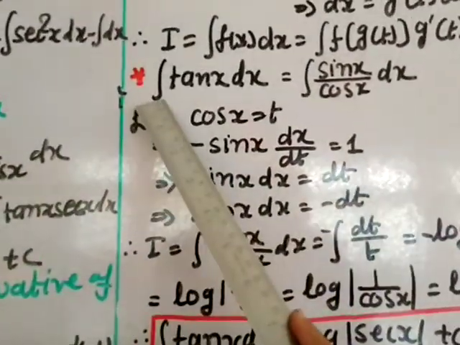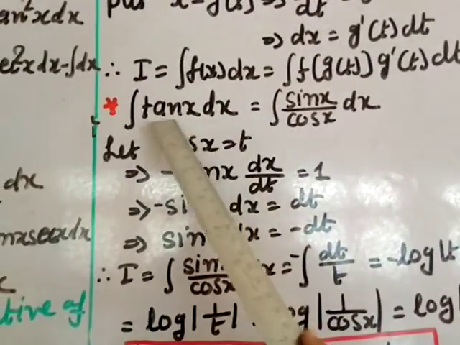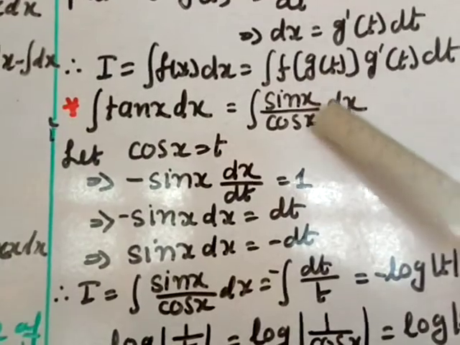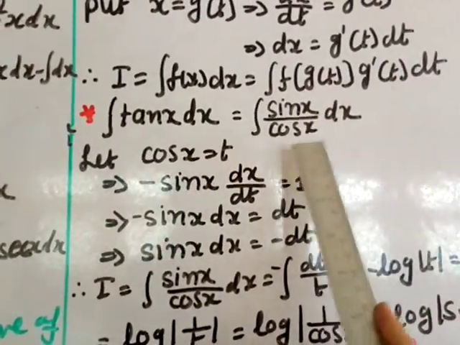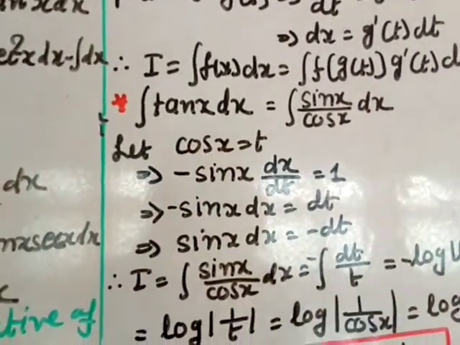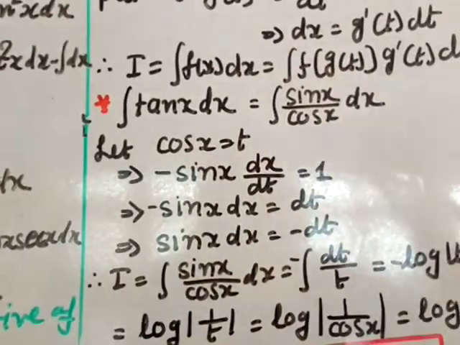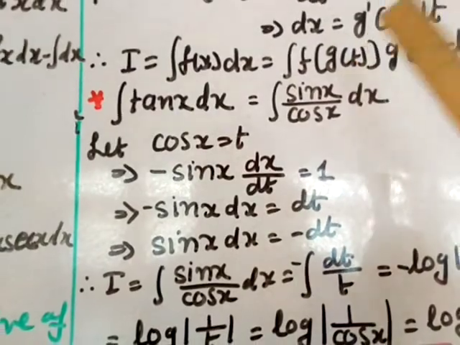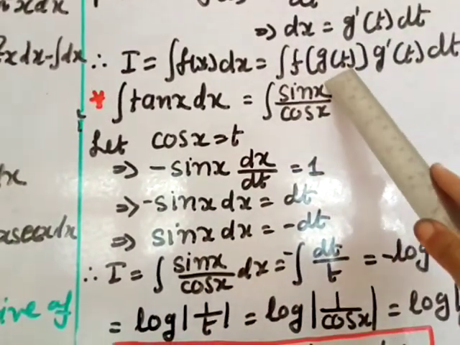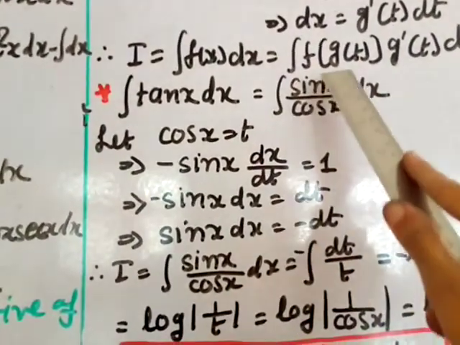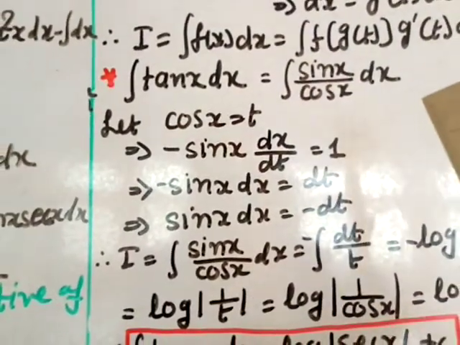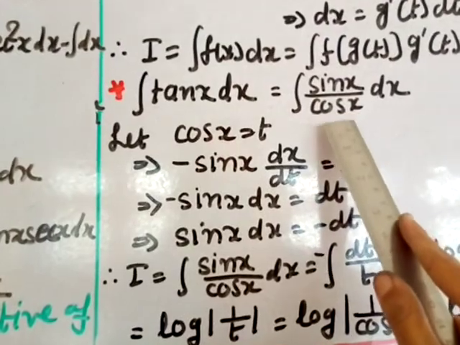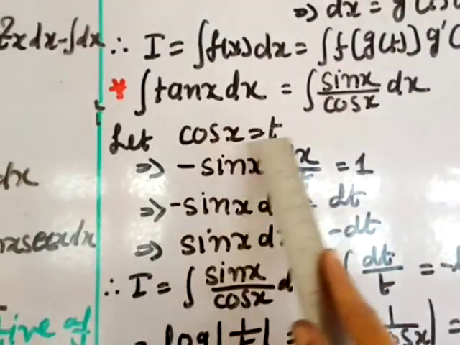So first one is integral tan x dx. Tan x can be written as integral sine by cos dx. Now here I will take a substitution. When you take substitution, one thing you have to remember is that its derivative should be in the given integral. The maximum you can substitute by the differentiation will be the best. Here sine and cos are both derivatives of each other, but it is always good to take the denominator. So I'll take cos x equal to t.